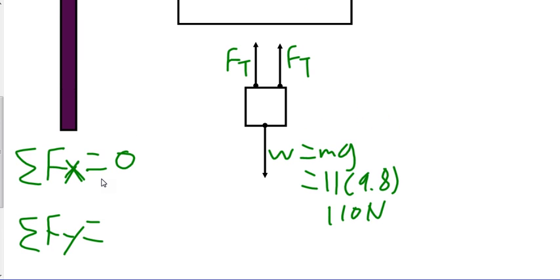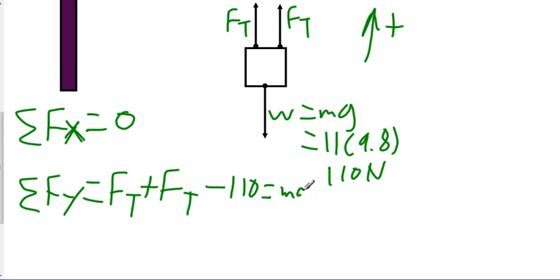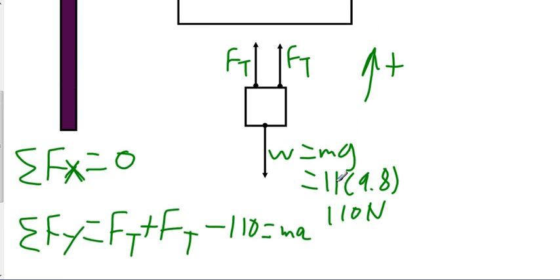Now, we need to set a positive direction before we start listing these out. Let's go ahead and say that up is positive. And so, our positive vectors, I default to listing positive vectors first. We have two FT's, so FT plus FT. And then we have minus the vector that's going down, 110. And that's going to be equal to the mass times the acceleration,